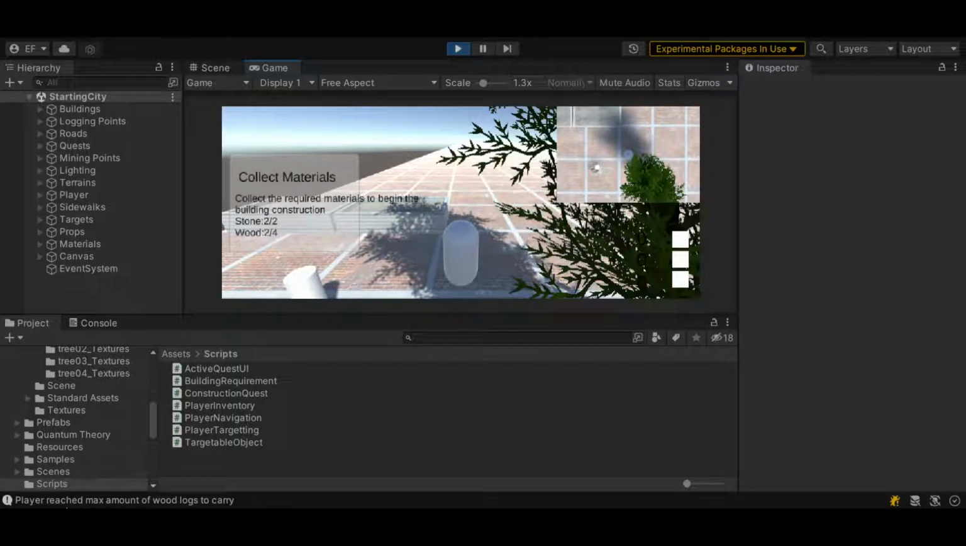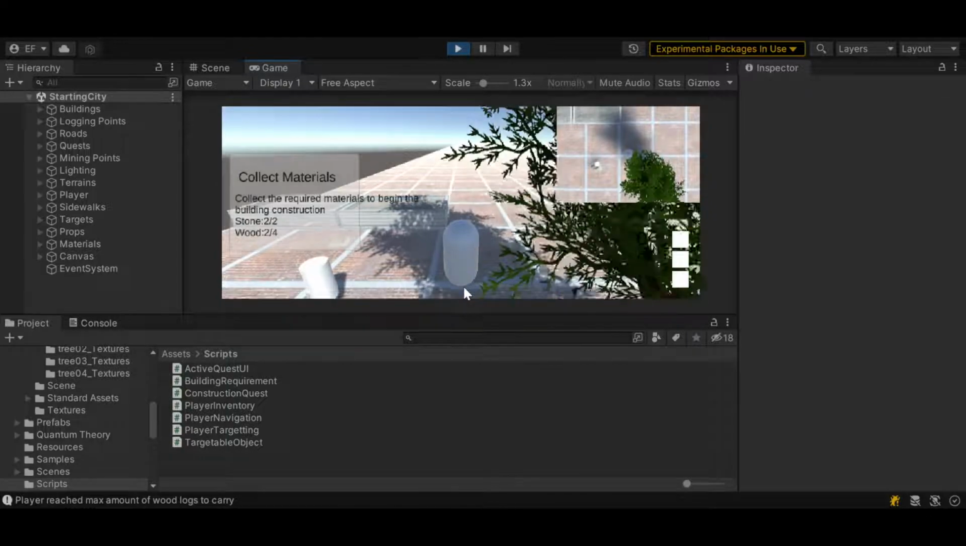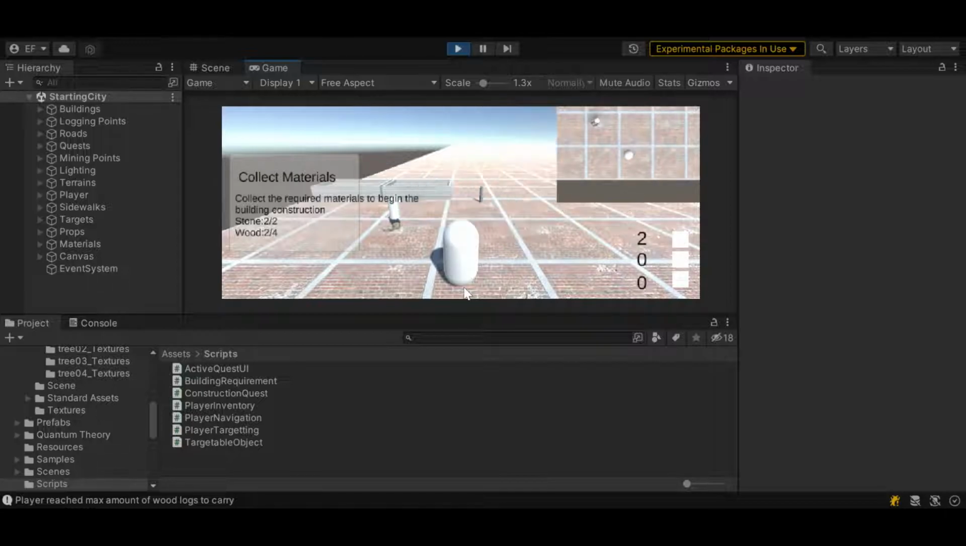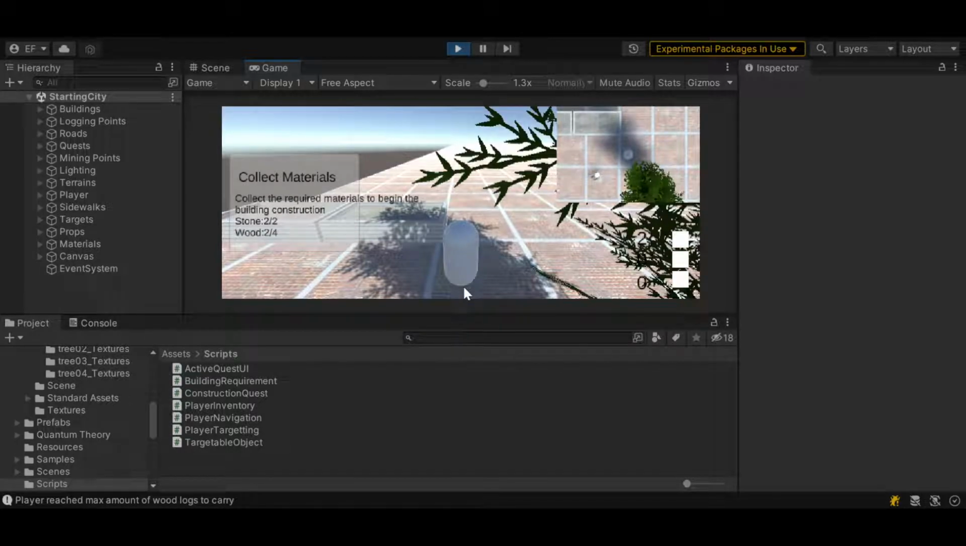Now you see this message around here. Player reach max amount of wood blocks to carry. Currently I have limited, so the user can only carry 2 items at a time, or 2 resources at a time. So you need to go back to the login point or to that tree, and you go back to the